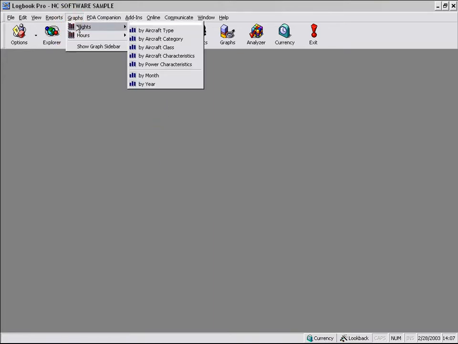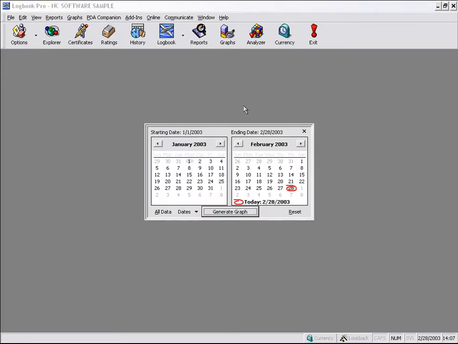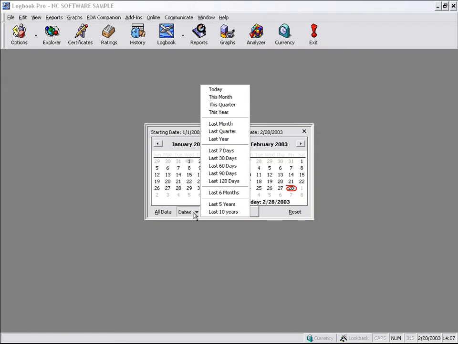And we'll go ahead and fire up a graph. Let's take a look at our flights by year, and we'll get started taking a look at the graphing capabilities. When you start the graph section or the report section, you have the option of actually filtering your data by date criteria, as you see here with the date filter that you're presented with when you initiate a graph. The default date configuration is to start with the beginning of the current year up to the current day. You can also choose to select preset date settings by clicking the Dates button.